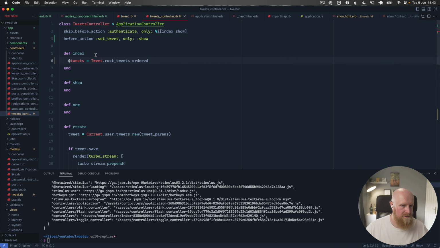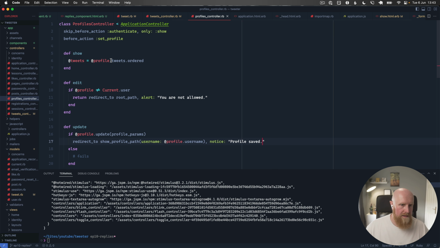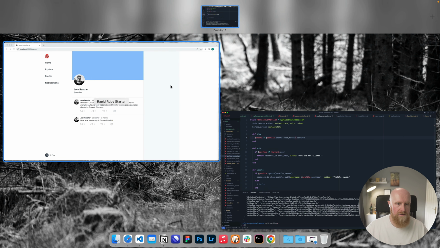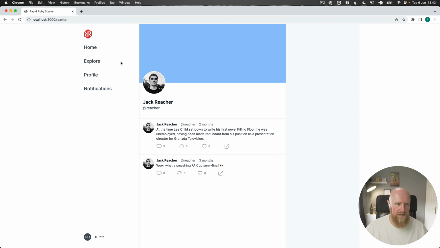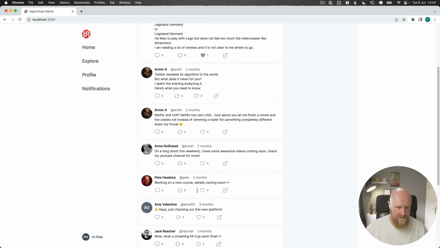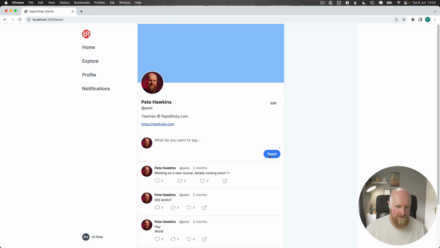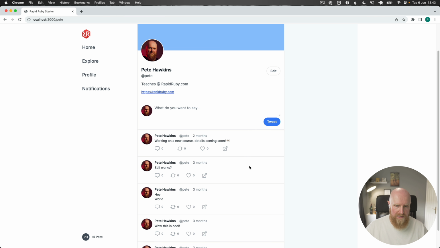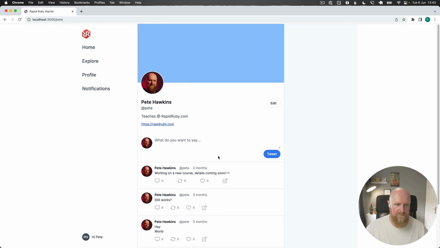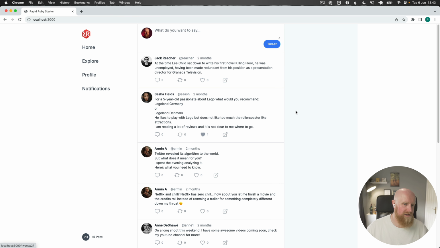So if we go to Profiles Controller, then we can grab tweets and again root tweets. So we'll only get those. So if I find a tweet from my profile, click on it, all of those replies aren't listed. I'm not going to go ahead and add the tabs in for tweets and replies. That should be fairly straightforward. So we'll go back to the home page,